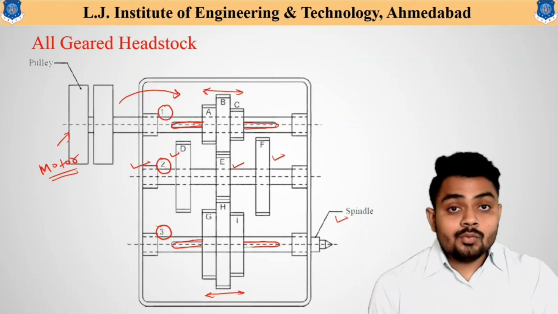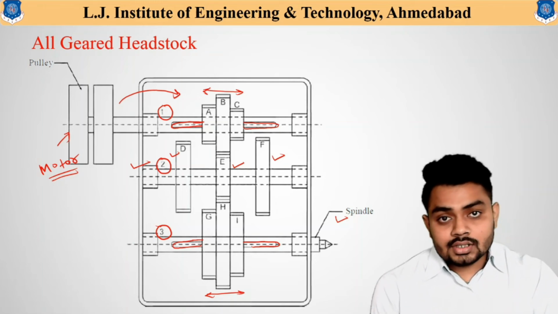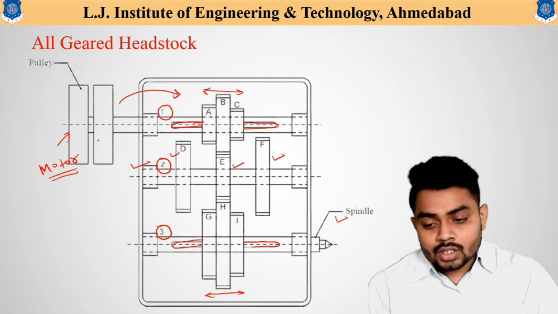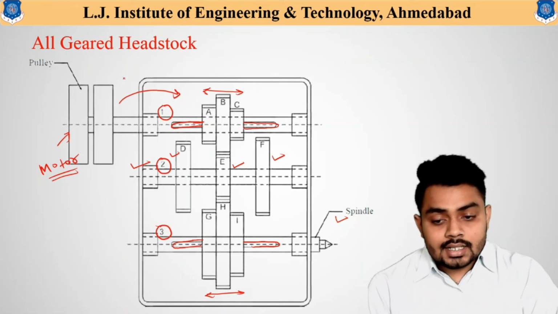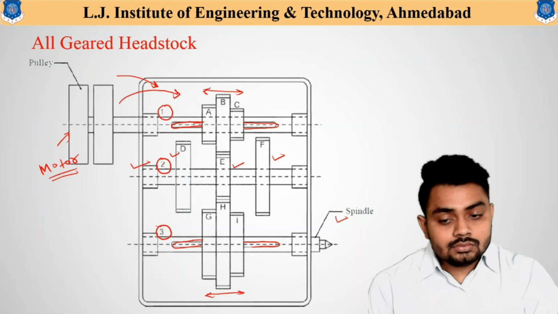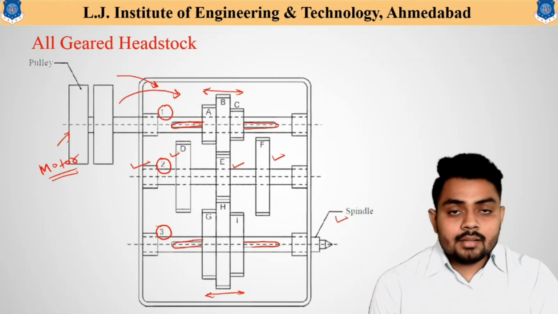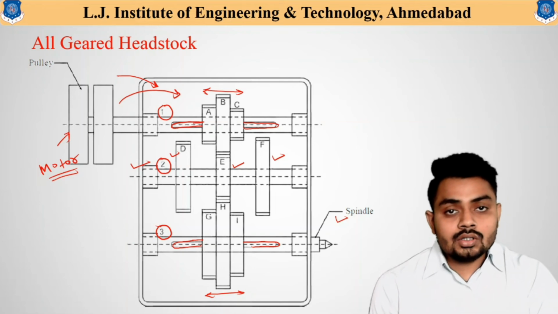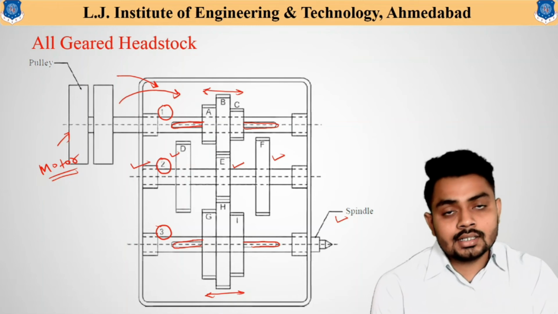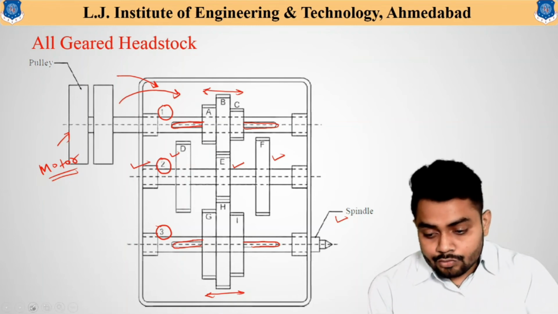So now how is power transmitted? For that you can simply see that from the motor, power is transmitted to shaft 1, and as the gears A, B and C are connected on the same shaft, power is transmitted to these particular gears. Now from this gear,